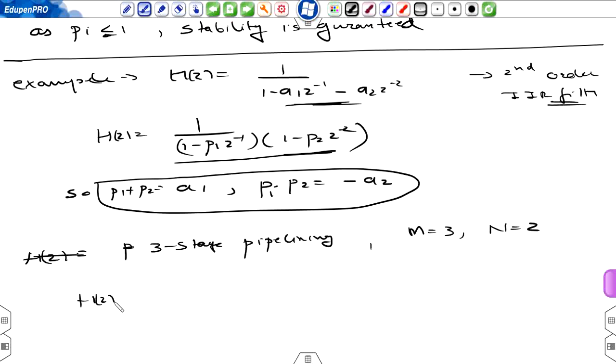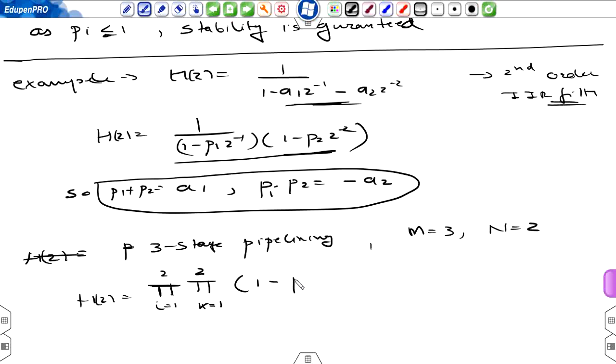So H(z) will be given by, so total number of poles in the system are 2, so for i equal to 1 to 2, and for each pole we will introduce M minus 1, that is 2, cancelling poles and zeros, so k equal to 1 to 2,